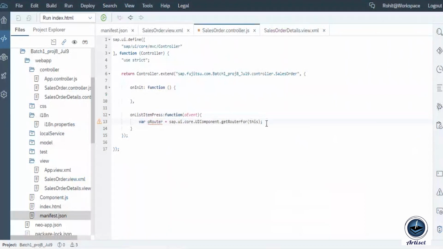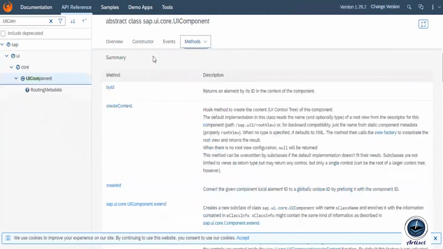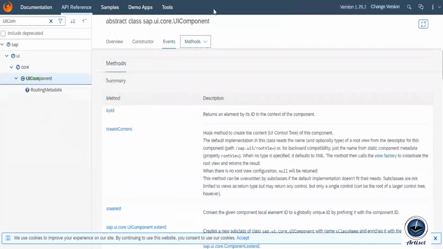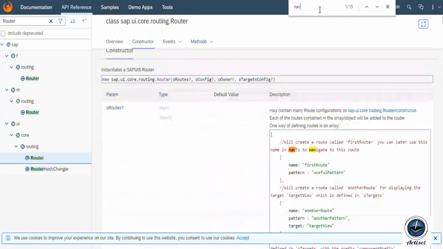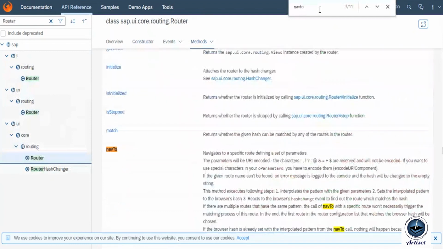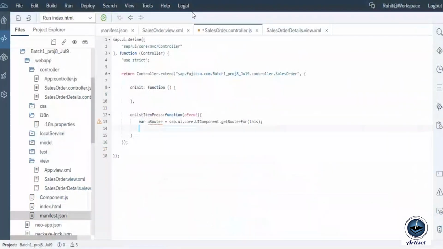So basically what we've done is we've fetched the reference of the router, and now using the method that we checked earlier, which is nav2, I will navigate to the second screen, right? So how do we do that? oRouter.nav2